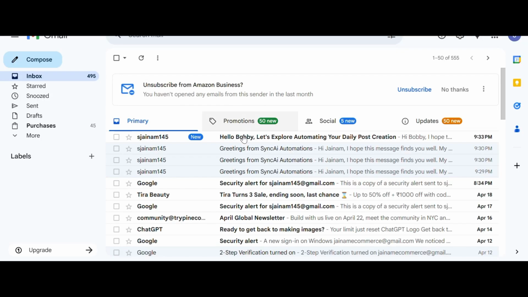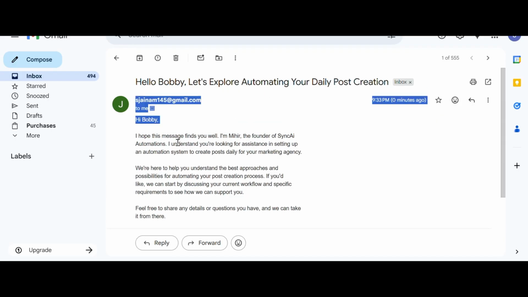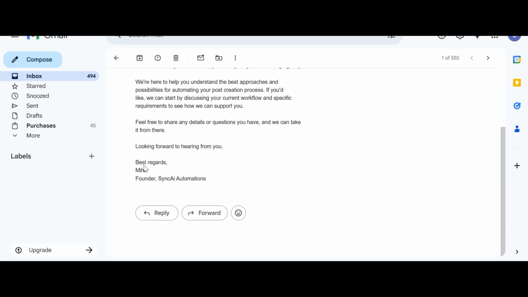So we are going to hit back. Okay, hello Bobby, right? So this is the name. I hope I'm Maheen, again founder of AI Automation. Fine, we are here to help you understand the best approach possibility for automation for your post creation process. If you find, so feel free. Looking forward to hear from